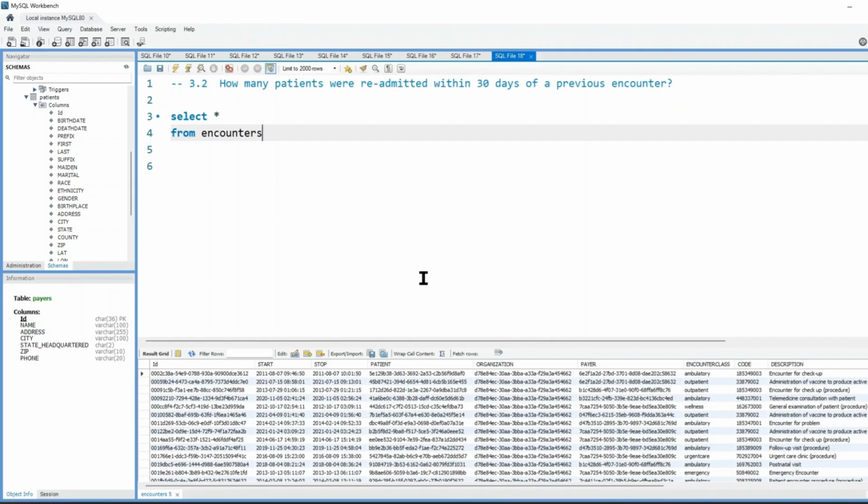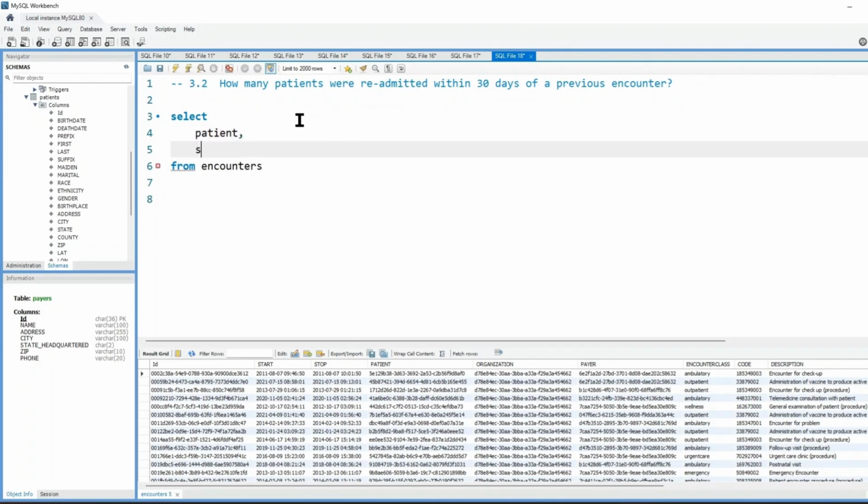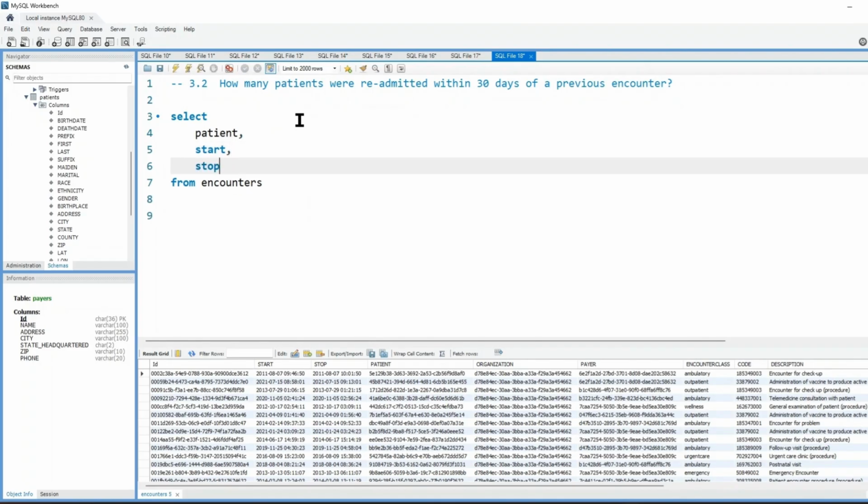Within 30 days. So for 30 days, we'll need start and stop, and we'll need each patient's next start time as well. So for that, each patient, which means this column here, patient. So let's see how we can build it out. So we know that we want it for each patient. That's how we can count them. And then we need the start and the stop